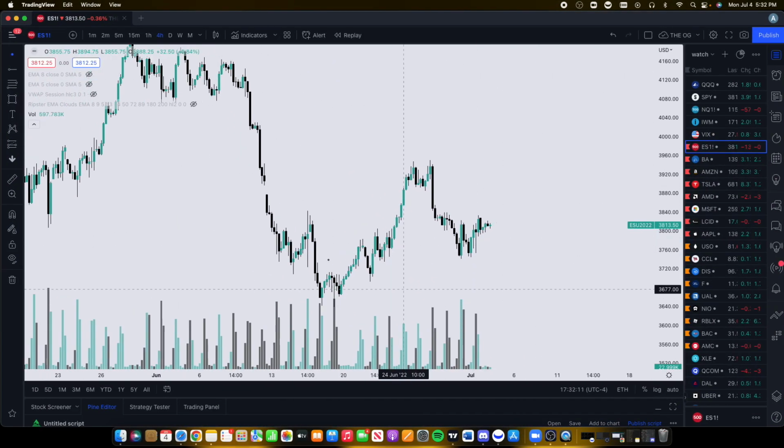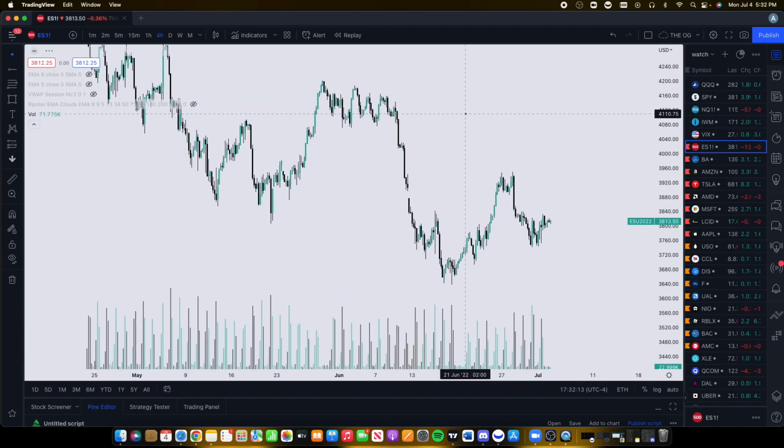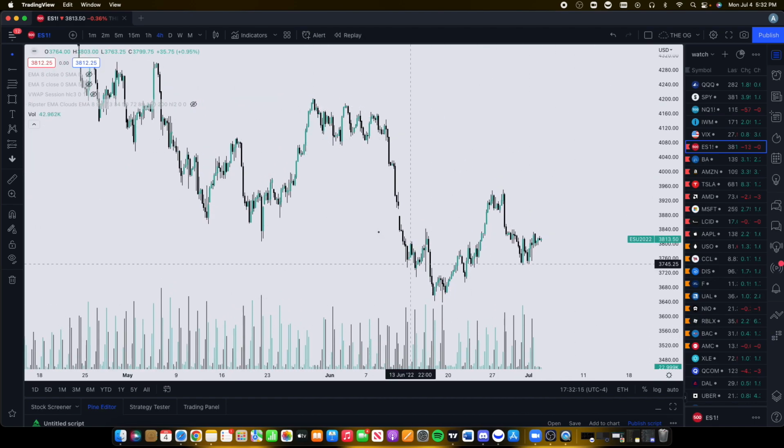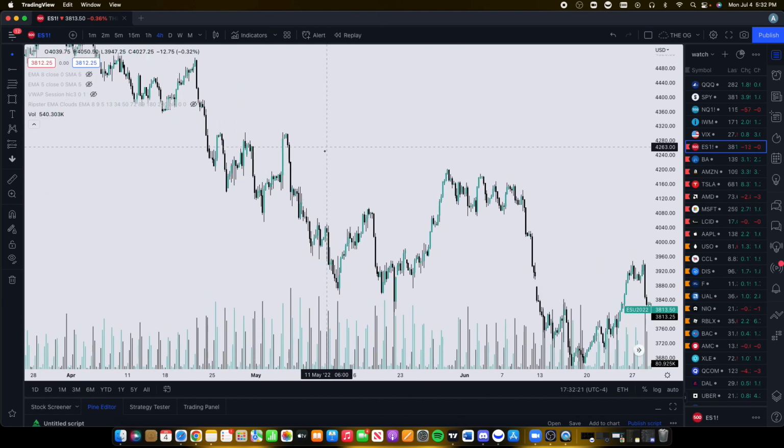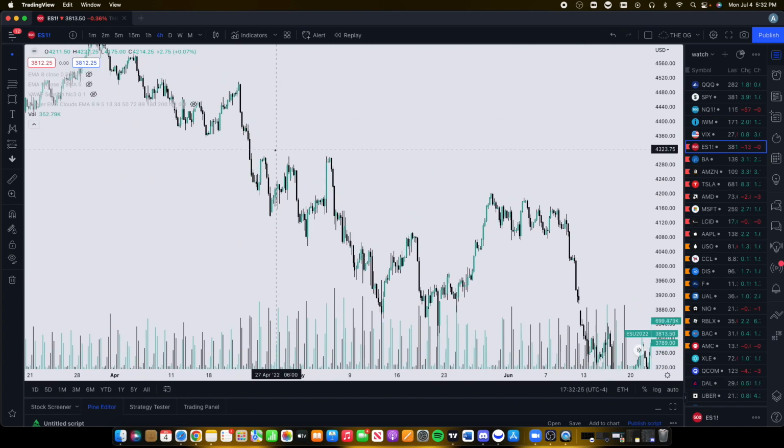So when we're looking at this here, we want to look for areas where price has been reacting to, right? Let's just freestyle and draw our zones here. For example, we're going to draw zones here, here, and here as well. We see that this area is potentially a specific area where price has been rejecting at, right? We see that price